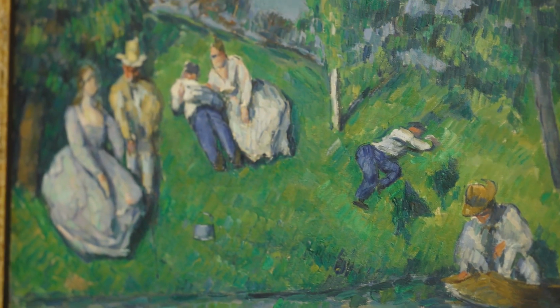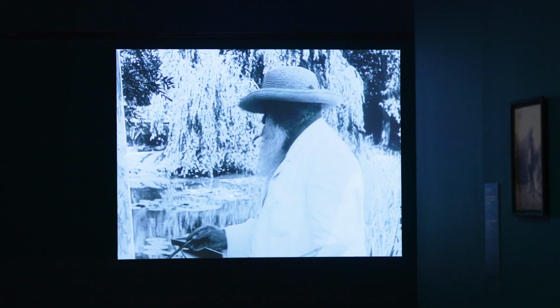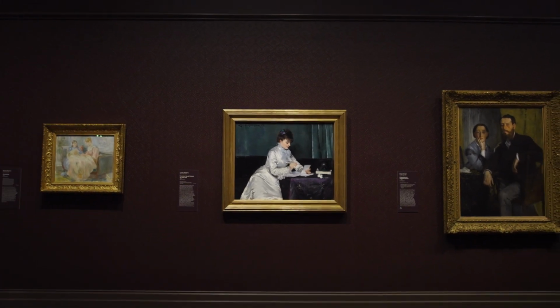And so we bring in the artists' own voices so they can tell us about themselves and about each other, both in their moments of triumph and their moments of anxiety, their moments of supporting one another, and some moments of pettiness. This exhibition has come about from a wonderful relationship with our colleagues at the Museum of Fine Arts